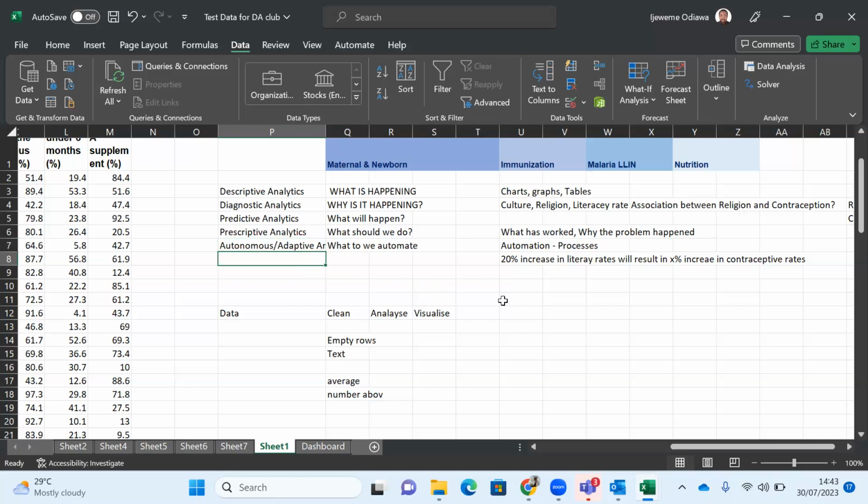If anybody has ever done investment trading, you might have heard of bots, machines that you just put your money into and the machine will be trading for you, right? Those are automated, or autonomous, or adaptive analytics. It takes trades that other people have been making, observes their patterns, and then does the same thing. It basically just copies. So it does it in such a manner that you don't have to think or apply yourself. It just keeps going, right? So